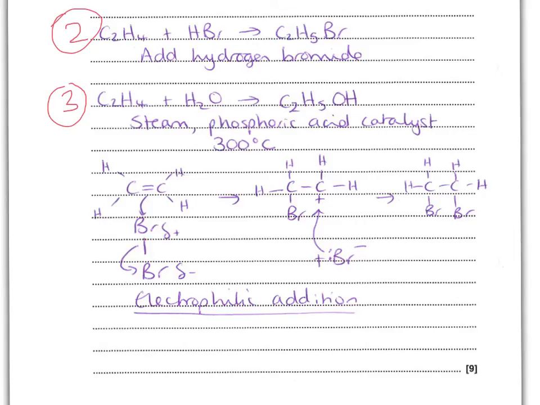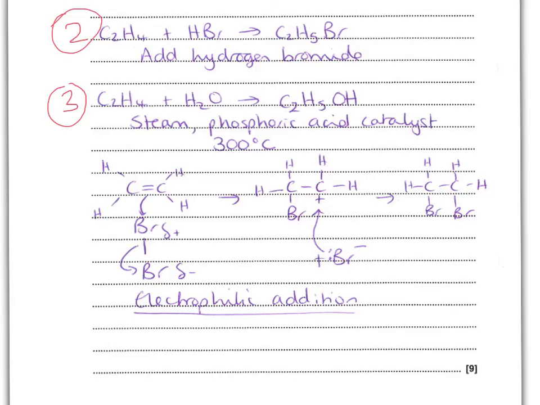and forming a bromide ion. The third mark is to show the intermediate. So one of the 2 carbons has now got the bromine atom attached, the other carbon is a carbocation, a positive carbon ion. Full positive, not delta positive. When we broke this bond, we formed a bromide ion, Br- with a lone pair. And the last mark is for the curly arrow, showing that lone pair of electrons attacking the positive carbon and forming the second carbon to bromine bond,